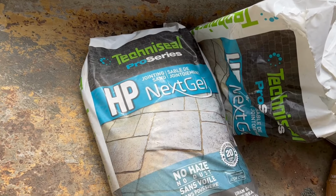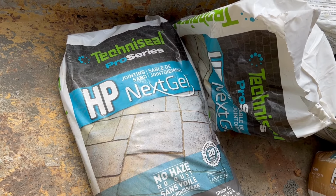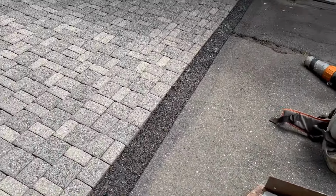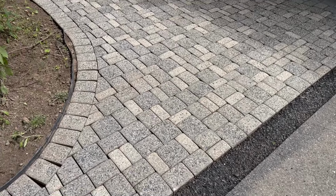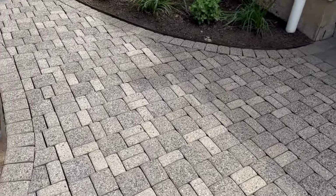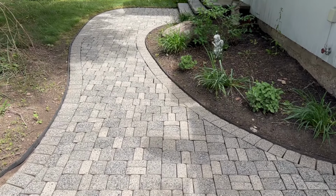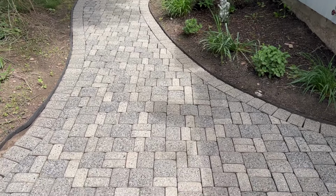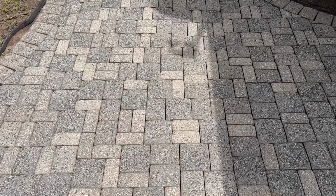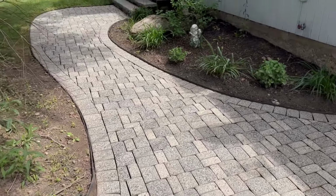But this is a brand I've been using for the last probably 6 or 7 years, and I have had no callbacks because of the failure of the sand. You can overwater it. If you do overwater polymeric sand, you can actually wash away the polymer. So that's one problem a lot of people have, or they don't water it enough. So over the years, I stick to one brand, and I've kind of learned what works for me, and that's what I'll always do. So find a brand or a product that works for you, and